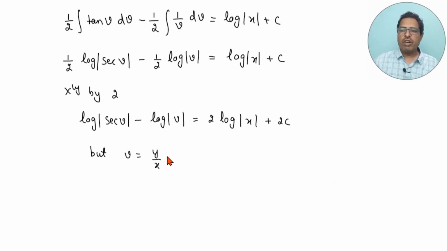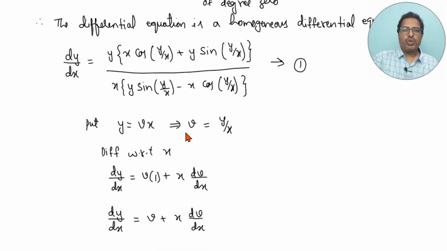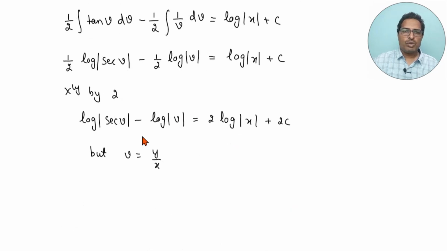So initially we have taken, you can observe over here, we have put y is equals to vx, therefore the value of v will be what? Y by x. So we will substitute back the value of v to be y by x over here, it becomes log of mod secant of y by x minus log of mod of y by x is equals to,